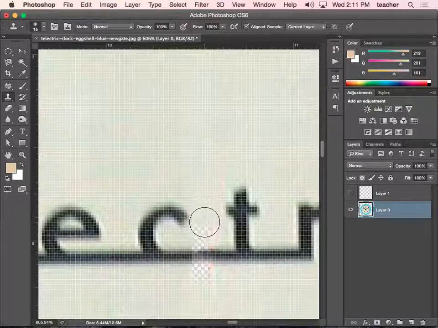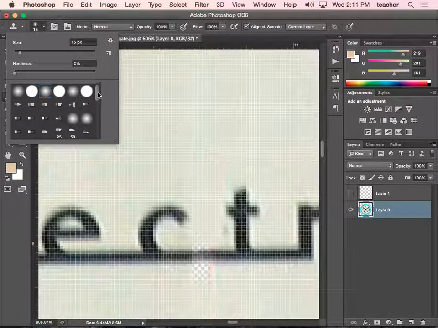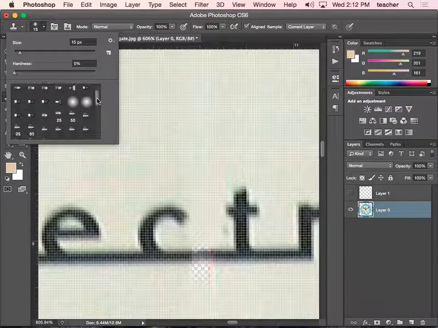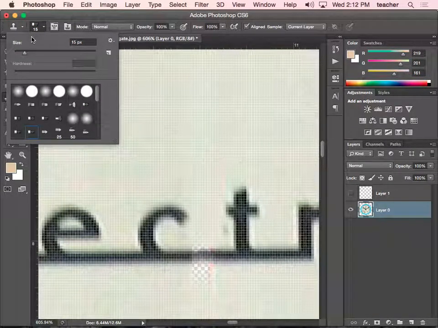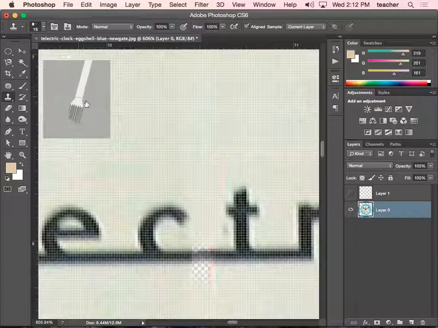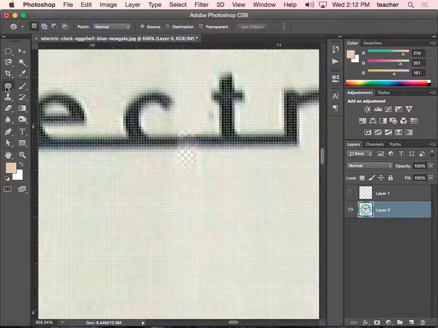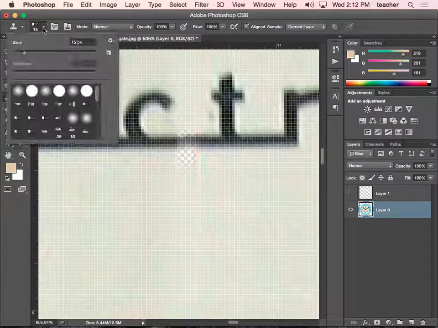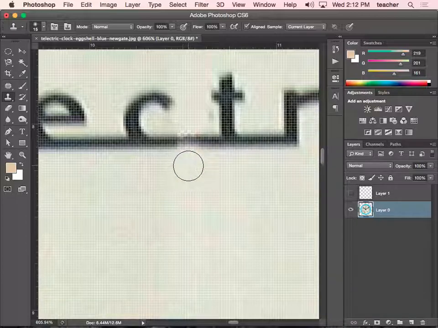And if you wanted to, you could change your brush up so it's a little bit more blunted. Oh, that's kind of cool. Anyways, you get the idea. Not to bore you guys. Oh, what's this? Go back to my clone stamp tool. Anyways,